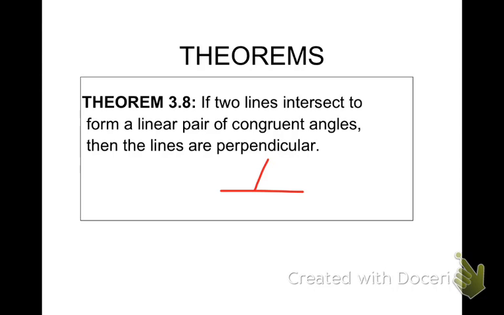If my two lines ended up having congruent angles, what would need to be true about these two angles if they were the same? What degree would they have to be? Yeah, they would have to both be 90, right? Because if this is 90 and this is 90, 90 and 90 are the only two angles that are the same that add up to 180 degrees. So because they would be 90 degrees, isn't it true that those two lines would then be perpendicular? Yes. Okay, so if two lines intersect to form a linear pair of congruent angles, then the lines